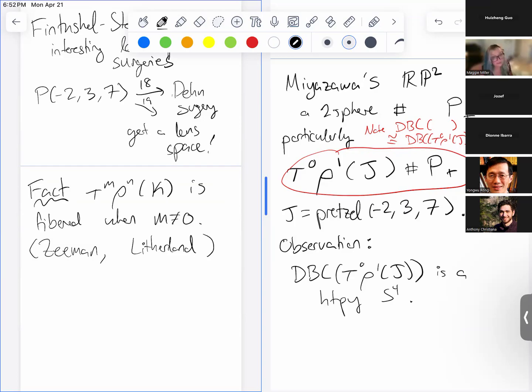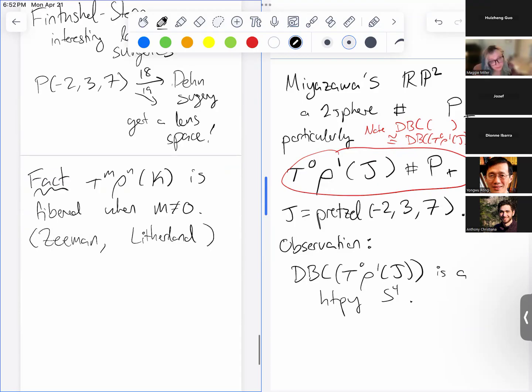So these are observations of both of them, that these knots are fibered. And you can describe the fibers really explicitly. The fibers are themselves branched covers, which is another fact you might have seen, at least in the no-roll twist-spun cases. That's something that people are a little bit more aware of. The fibers are M-fold branched covers